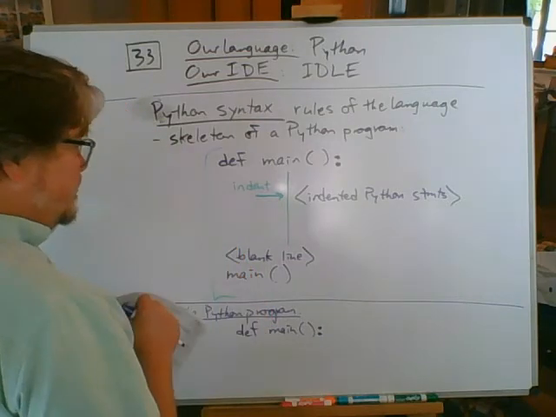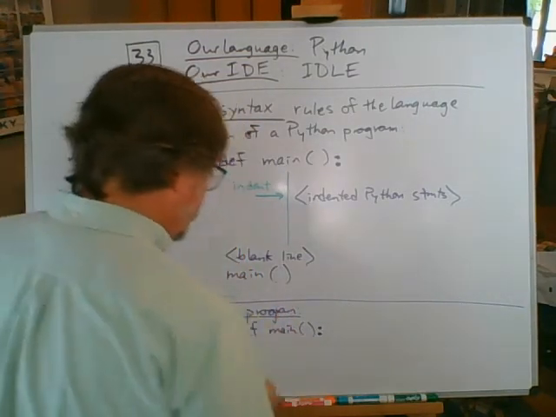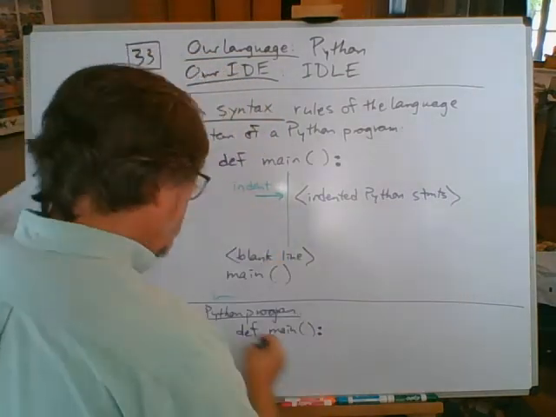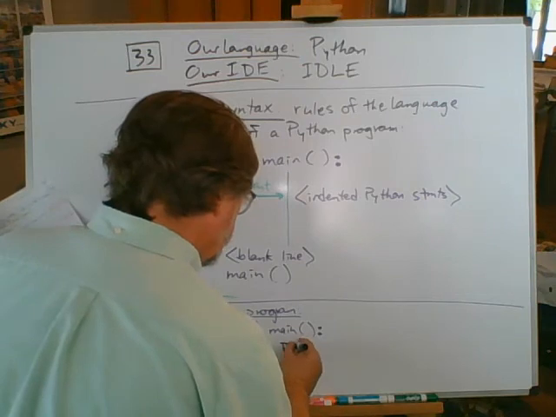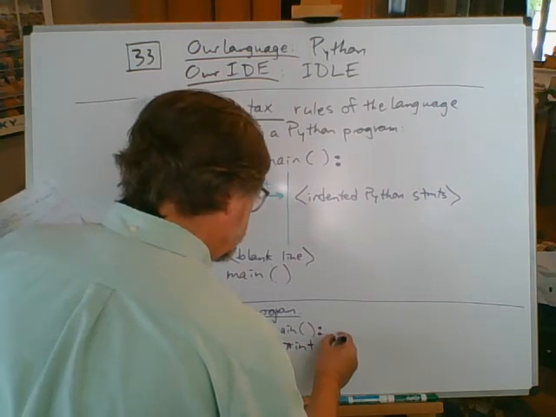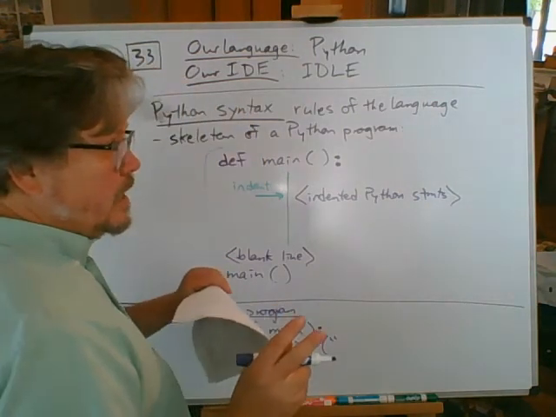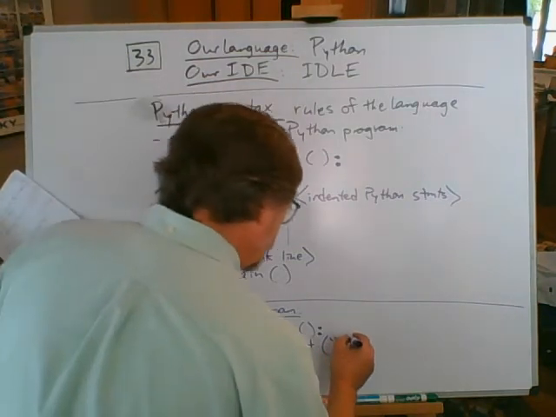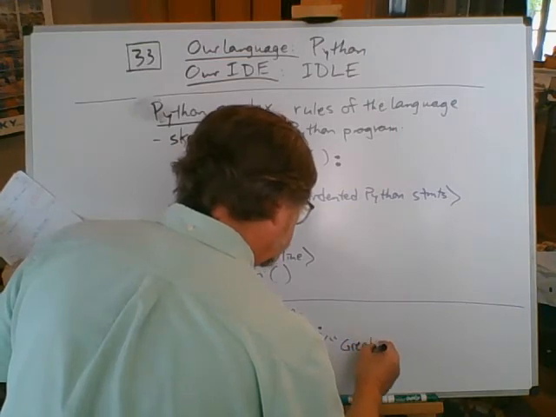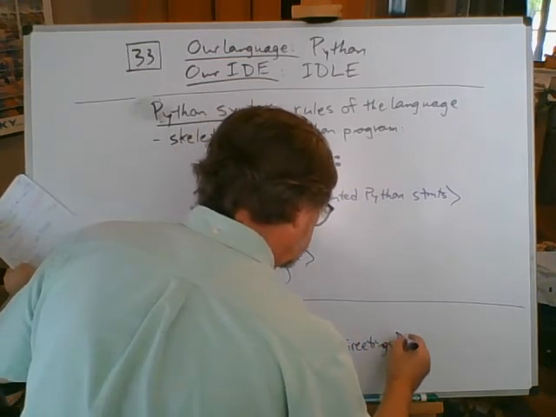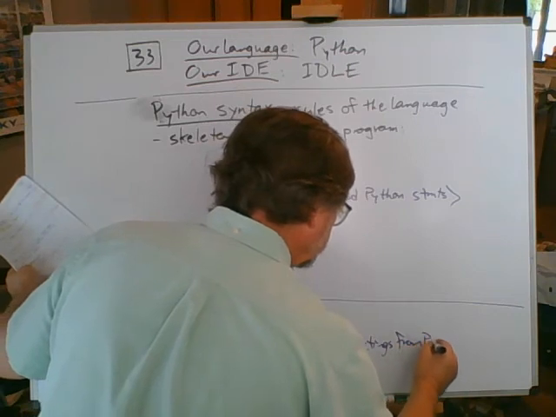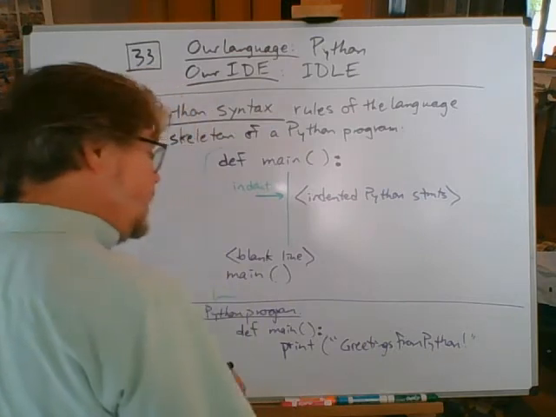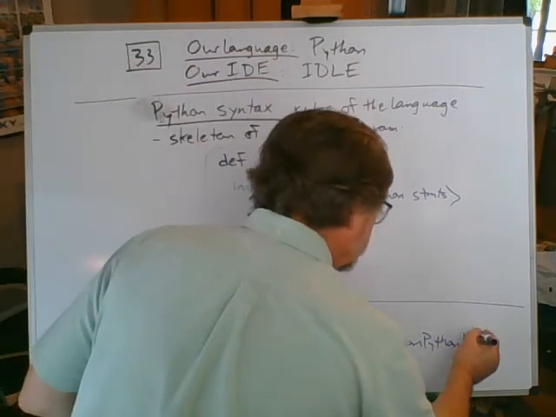I don't know any statements. Well, there's a print statement. I'm going to indent, and it's the word print, P-R-I-N-T. And then in parentheses, you just put in actual quotes, not air quotes, what you want to see printed on the screen. Let's say, I don't know, greetings from Python. Python's talking to us. Greetings from Python, exclamation point, close double quotes, close parentheses.